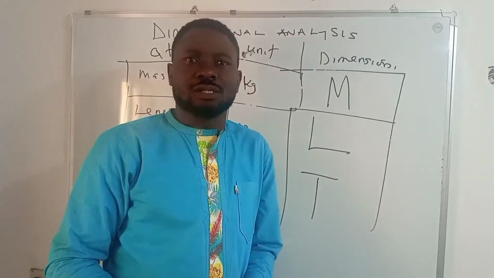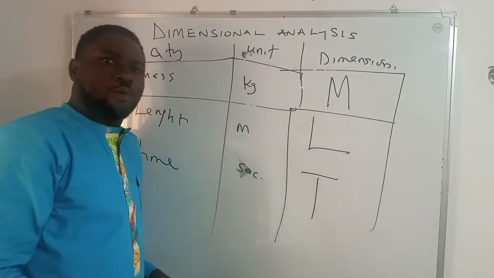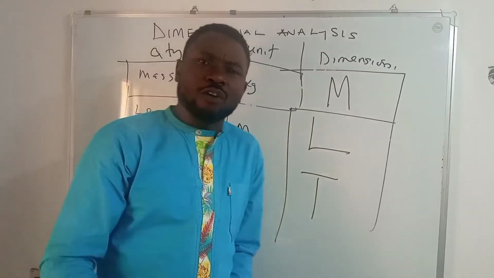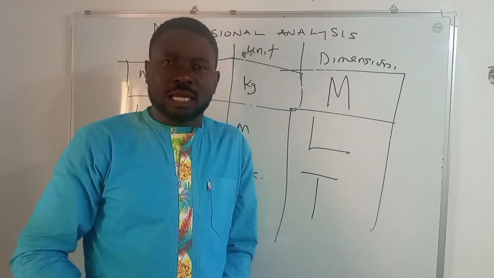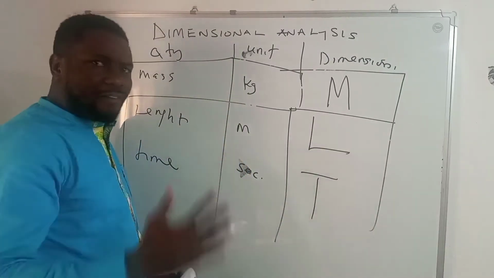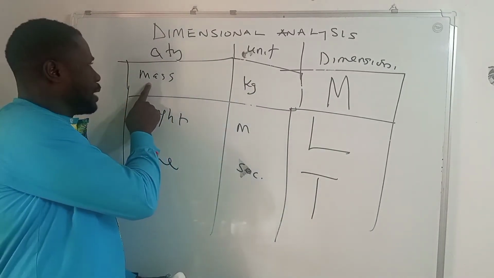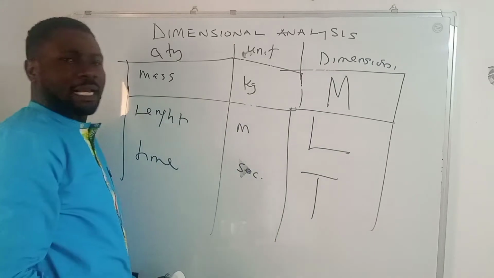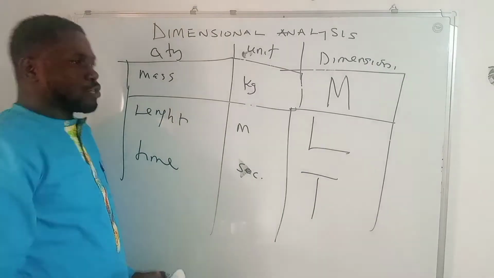Knowing too well that these are the fundamental quantities, every other example will be derived quantities. So we want to quickly identify a number of quantities, and then the question that will follow is how to get the dimensions of those quantities. For mass, length, and time, the dimensions are not derivable. Simply because mass starts with letter M, so we identify the dimension to be capital M. But for other quantities, you must derive their dimensions. Let's quickly take examples.